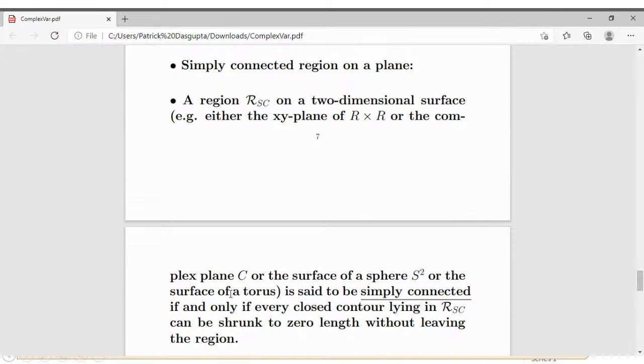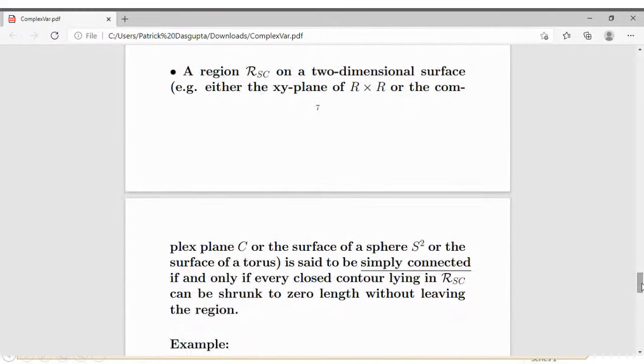Or the surface of a solid torus. Torus is, when we were kids, we used to play with the ring ball. The surface of a ring ball is nothing but the surface of a solid torus. All right. So we can consider any patch or any region on two-dimensional surfaces,